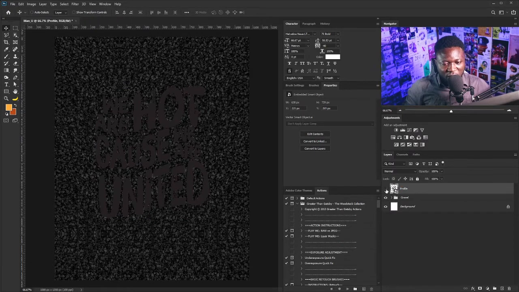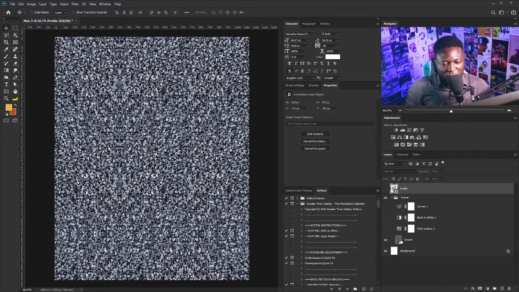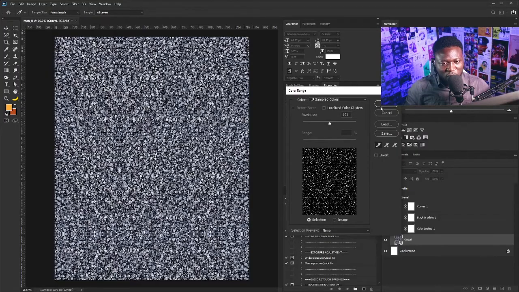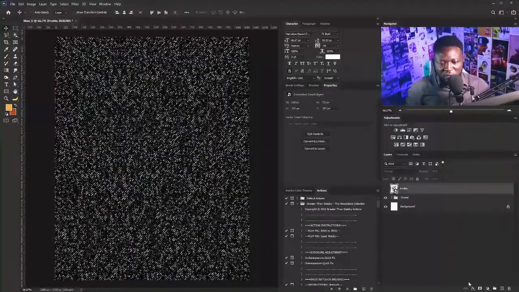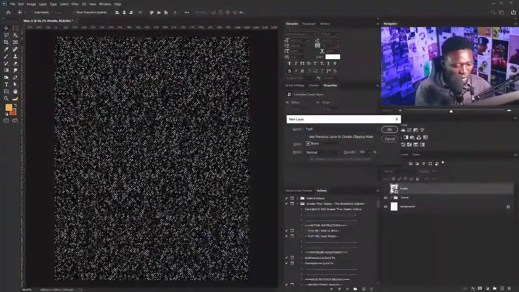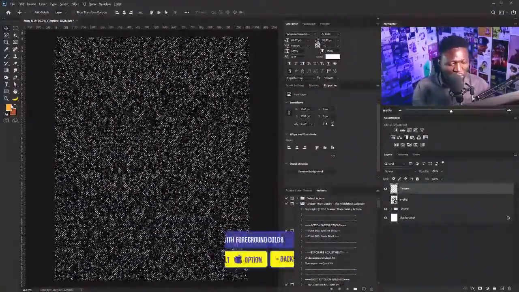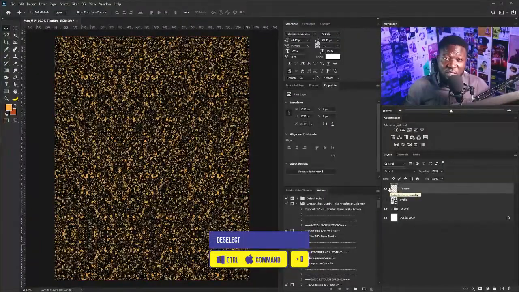Okay, so I'm going to hide this and open this, hide all these layers. All right, I want to take out the texture from the gravel layer, so I'm going to click on the gravel layer now, and I'll go to select color range, and I'm just going to hit OK. I'll make all this visible again. Grab this, then create a new layer, and I'll call this texture. All right, then I'm going to fill this with any color on my foreground. Hold on Alt and hit the backspace and hit Ctrl D on my keyboard to take out the marquee